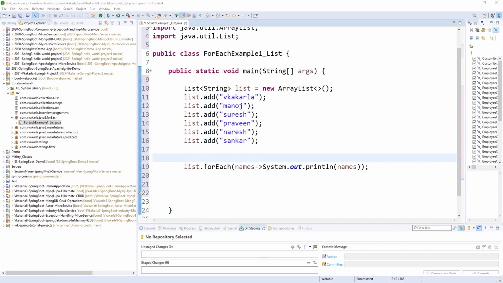Let me print the message: iterating by passing lambda expressions.